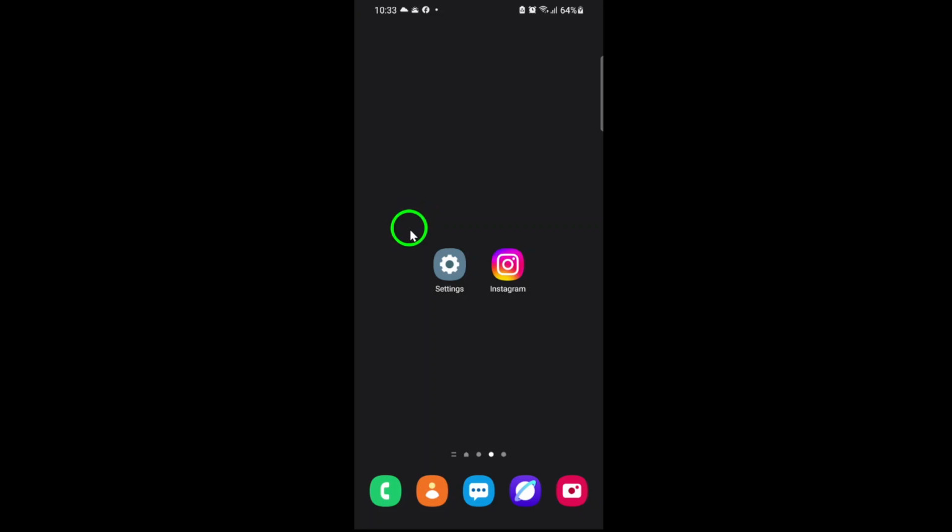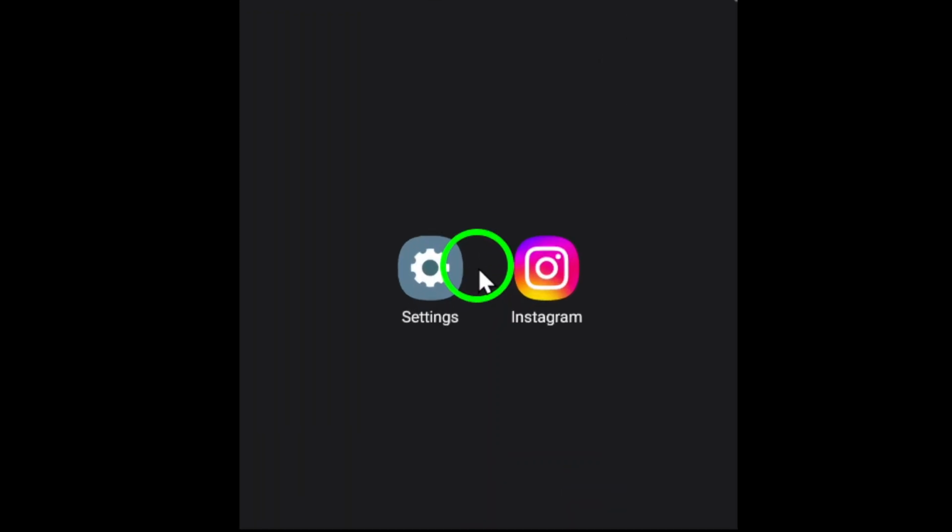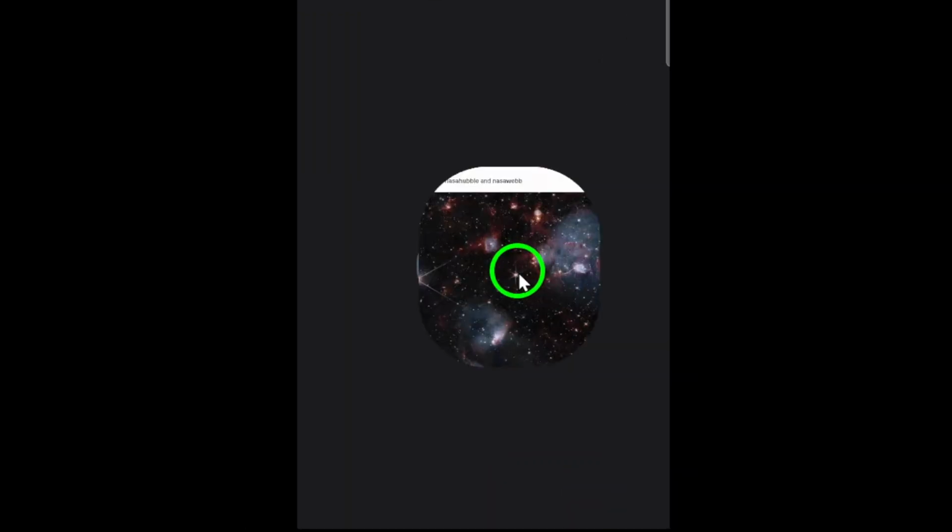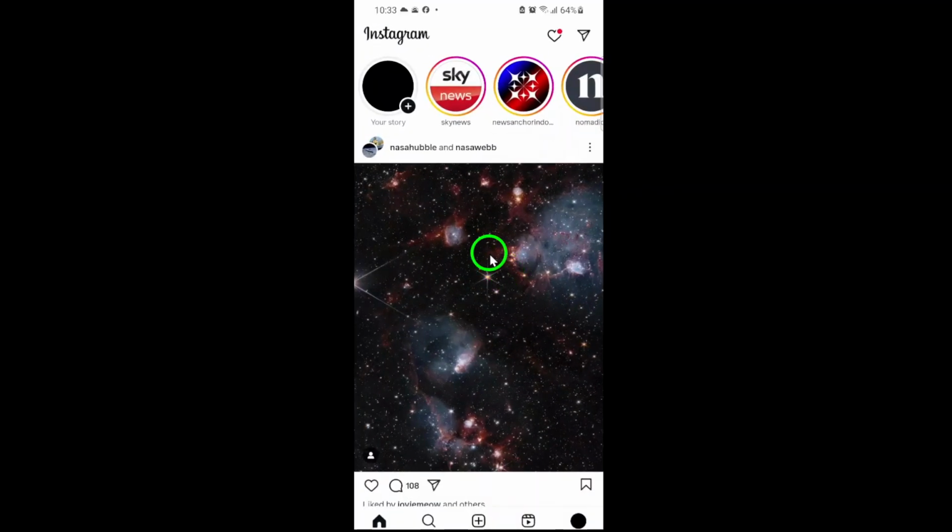Let's get started. First, open the Instagram app on your device. Make sure you're logged in to the account you want to check. Once you're in, head over to your profile by tapping your profile picture in the bottom right corner of the